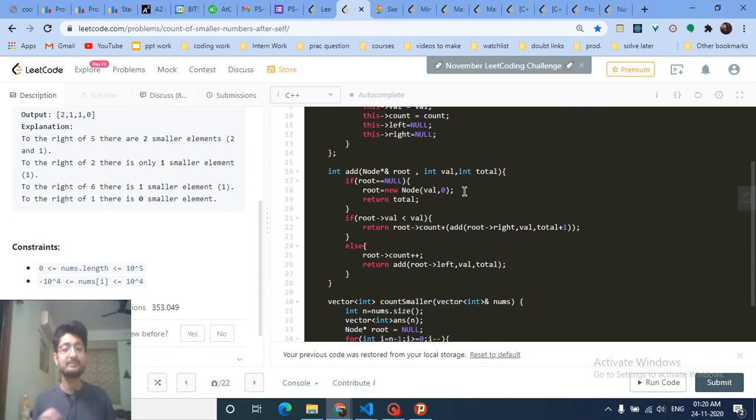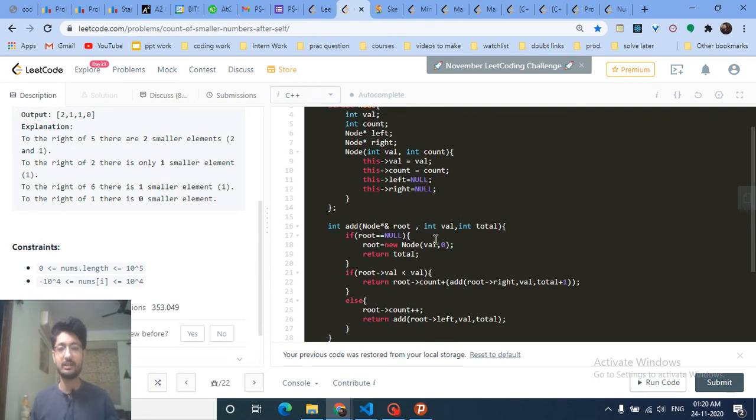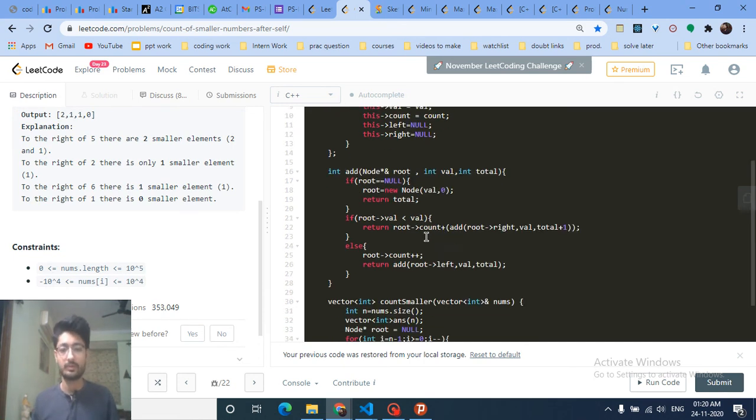When we add some node, if the root is null, which means that there is no element in the tree, it's just the initial node, then we'll insert a node. This node consists of the value, meaning the initial value in the node itself, and the count, meaning the frequency, the number of elements on the left side of it, which is 0. Then we will always compare the inserted value with the root node, which I've told you. If the inserted value is greater than the root node, we're going to go to the right side, else we're going to go to the left side.